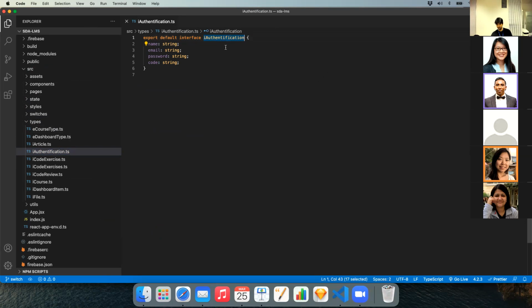You can see an interface where I'm defining, for example, your login credentials. When we create an account, you need to pass the values name, email, a new password, and the activation code from the SDA. Remember that we mentioned during software engineering, and I think a couple of days ago as well, the old platform was coded with pure React in the front end. Multiple technologies in the back end that were amazing, but in the front end it was pure React without TypeScript. Because of that, there was a bug that if you put the activation code wrong, or you totally forgot to add the activation code at all,